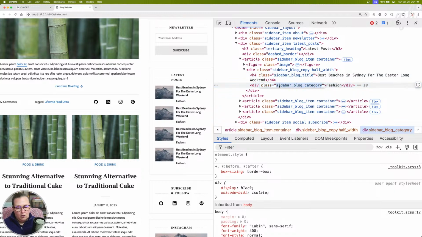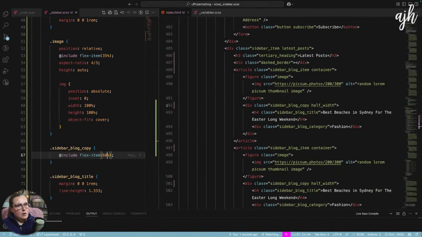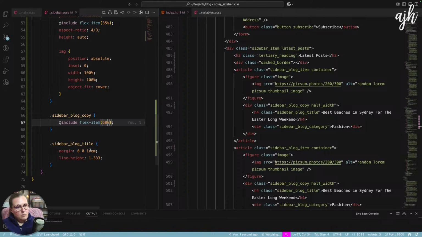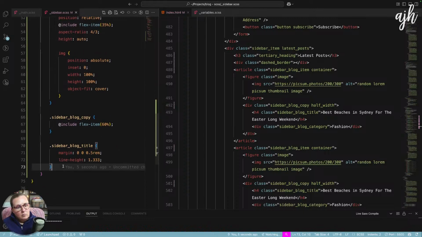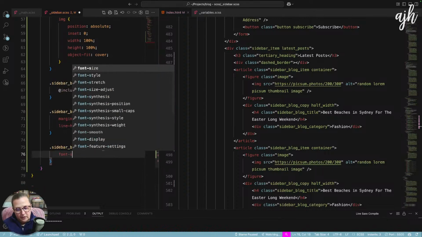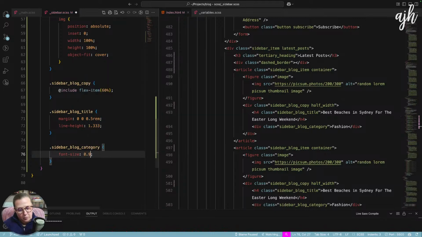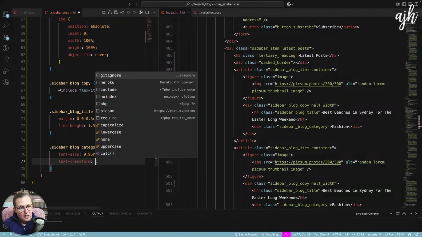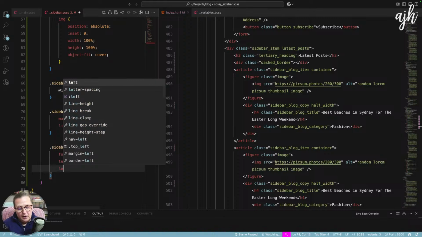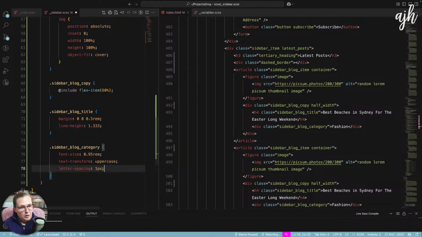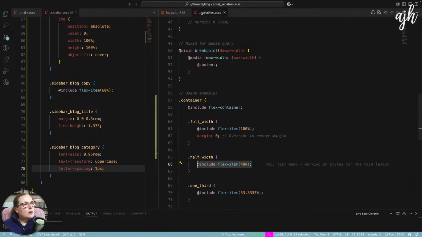Sidebar, blog category. So let's make this font size. I'm just going to do 0.95 rems. Text transform uppercase and letter spacing 1 pixel. And I think we have